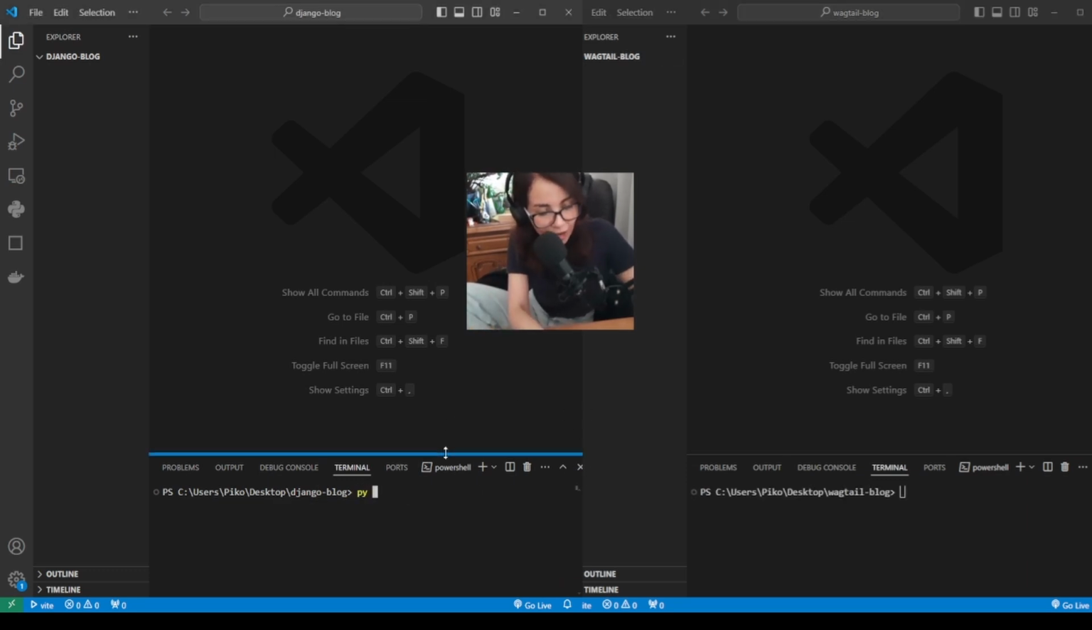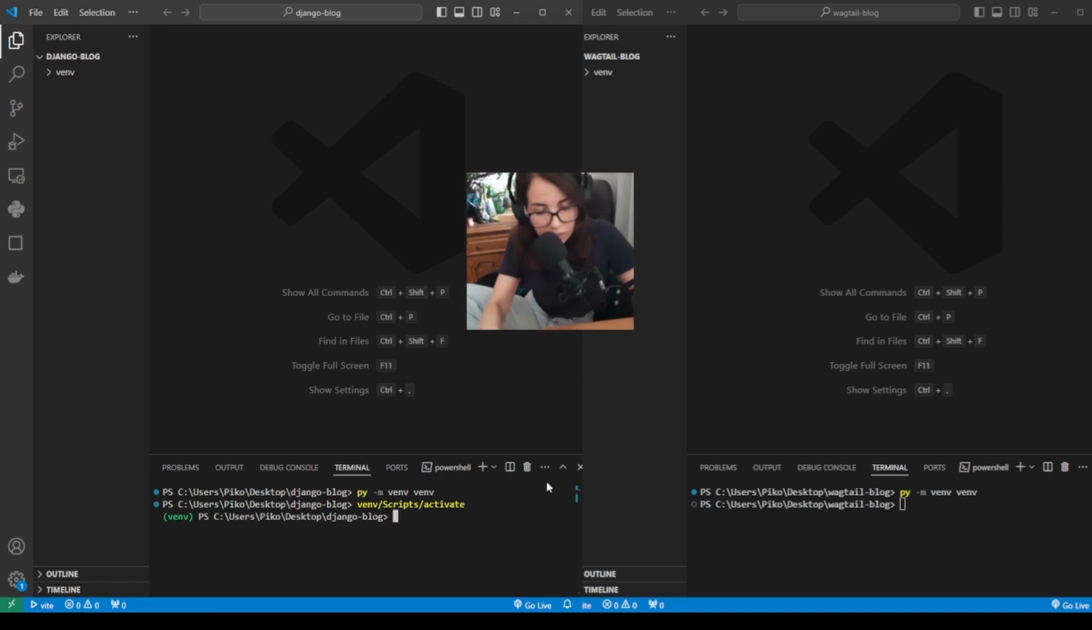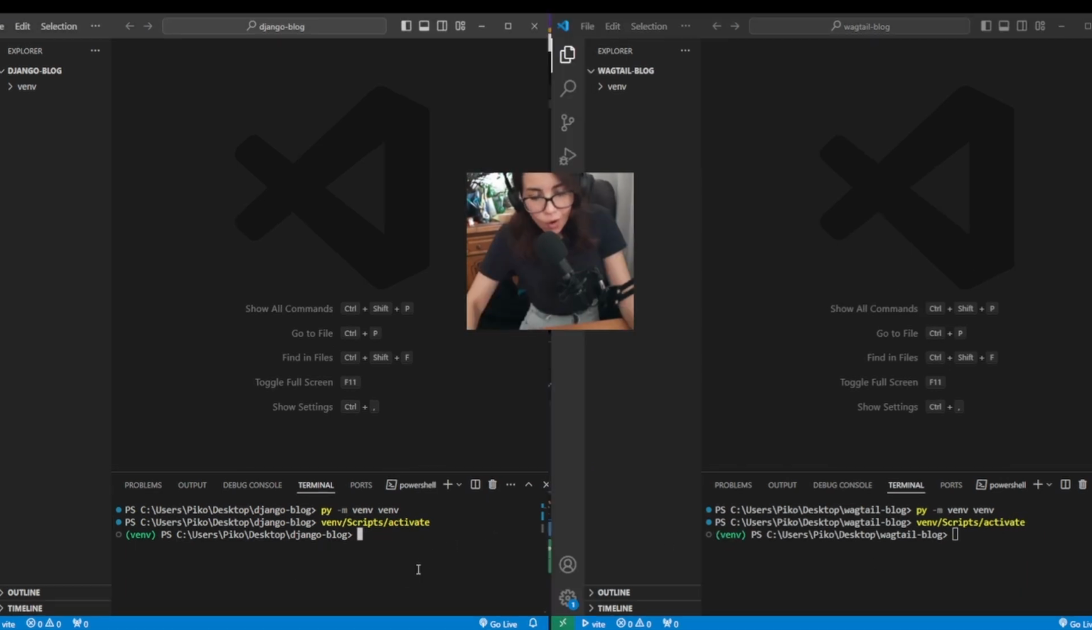And let's begin by creating the virtual environment. So py -m venv, and let's call it venv, and hit enter. All right, now the second one, py -m venv, and we also want to call it venv. Let's hit enter, and now let's activate it in the first one. Venv scripts activate, hit enter. All right, it's active. Let's do the same in the second one. Venv scripts activate. Cool, venv is active in both projects,